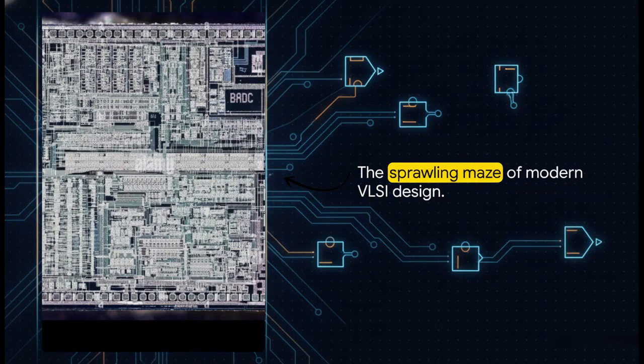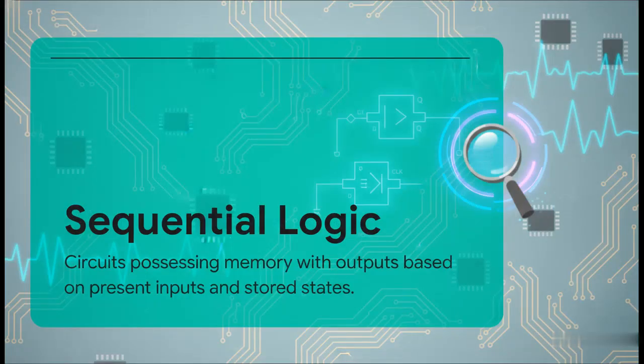Just picture zooming in on an intricate chip die shot. Look at this incredible, sprawling maze of pathways. It kind of looks like a microscopic city, doesn't it? And the wild part is, this entire metropolis is built essentially on the sequential logic blocks we're about to explore. Whether it's a tiny embedded microcontroller or those massive chips powering massive data centers, they all rely on these exact same fundamental structures. But before we look at the hardware itself, we really need to understand the bedrock principle here,